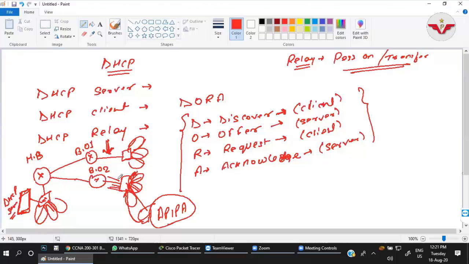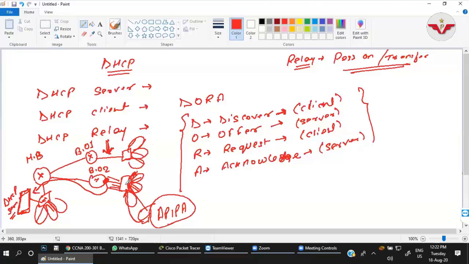We have to configure this port of the router so that whenever it receives any DHCP message from this network, it will route the packet to this server directly and receive the IP address from there. Okay, that is called DHCP relay. Clear?